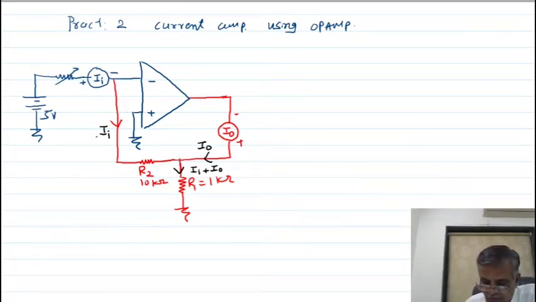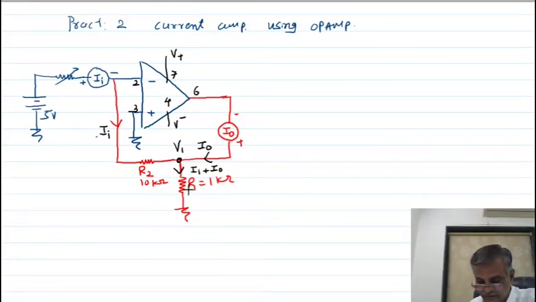Due to the current flowing in this, a voltage is developed here. That voltage I am writing V1. This is a power supply voltage, you can write V plus is 12 volt. This is V minus. This is pin number 7, pin number 4, pin number 2, pin number 3, pin number 6.